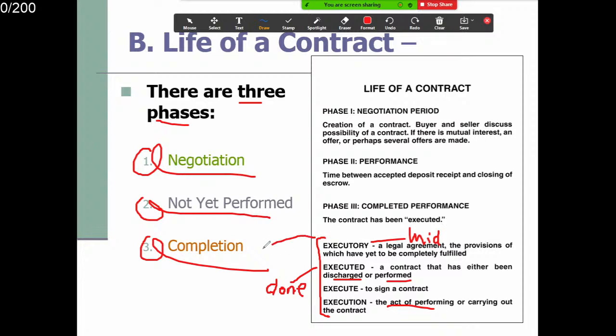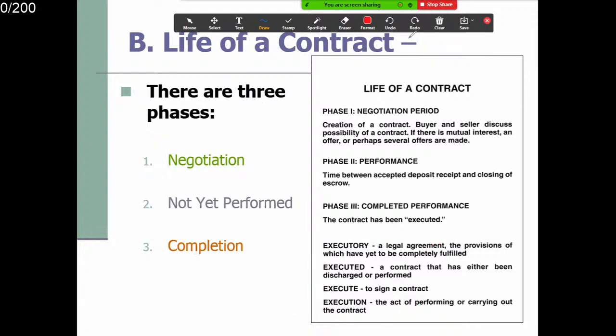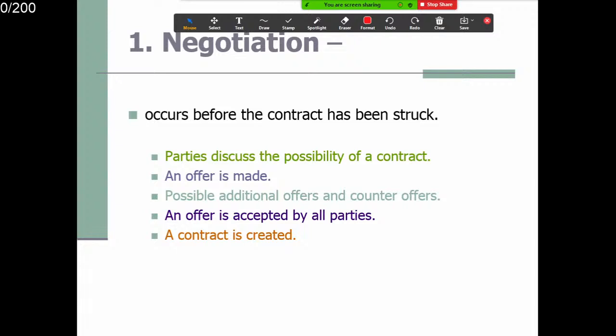It's similar to executory. Okay, these two. We're in the middle of execution of the contract. Okay, 这是有 execution，就是去操作这个协议。